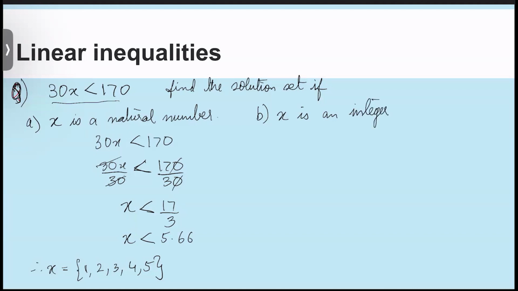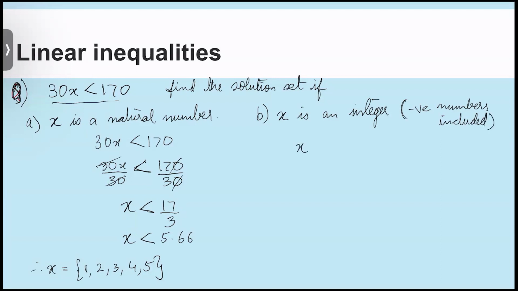When we consider integers, all negative numbers are also included. Again, if we solve it in the same manner, x will still be less than 5.66. But now the solutions that we have for x will be,